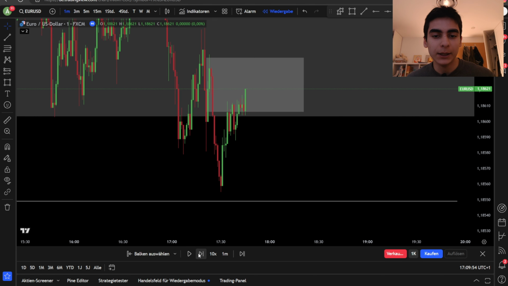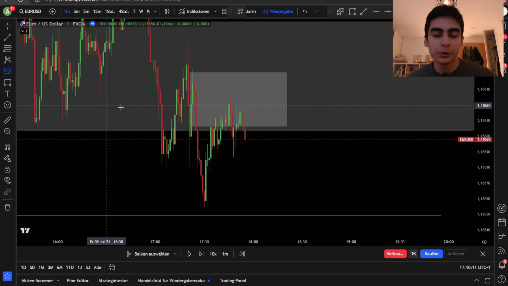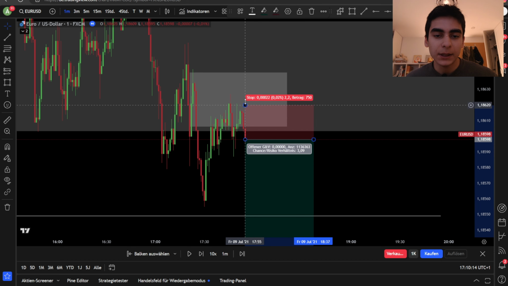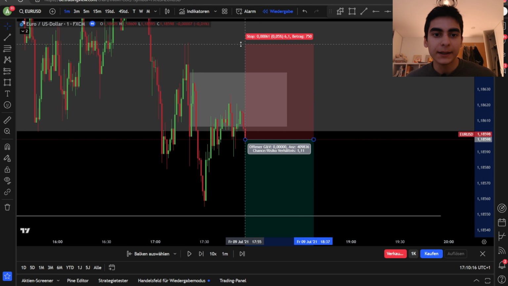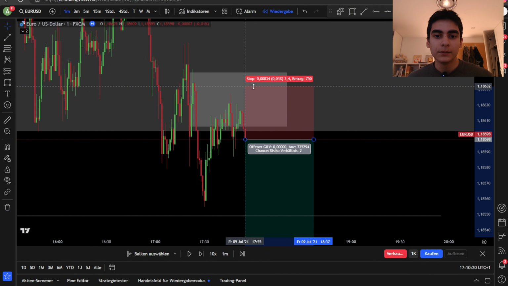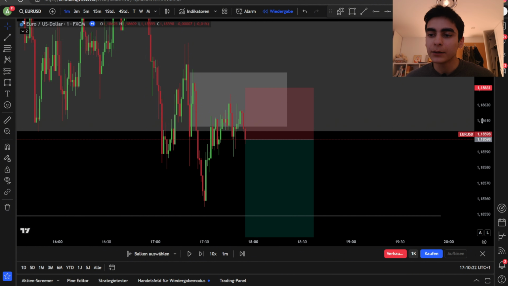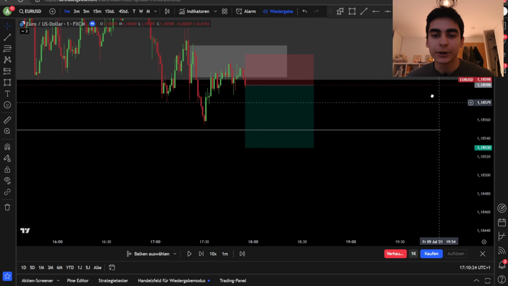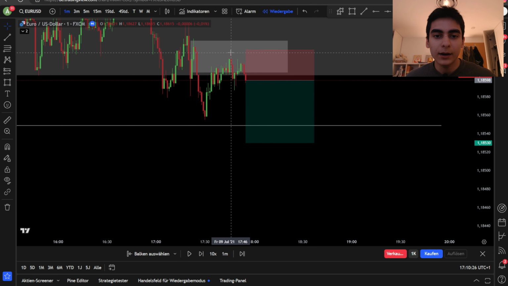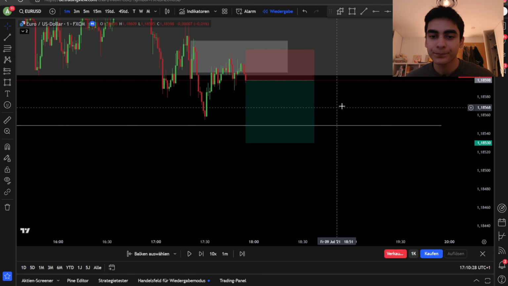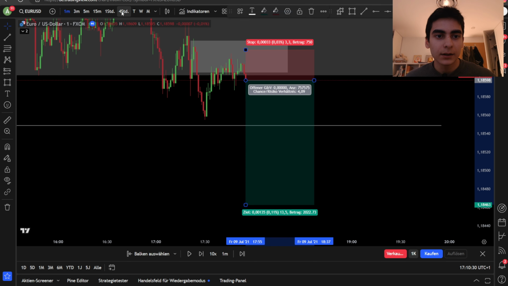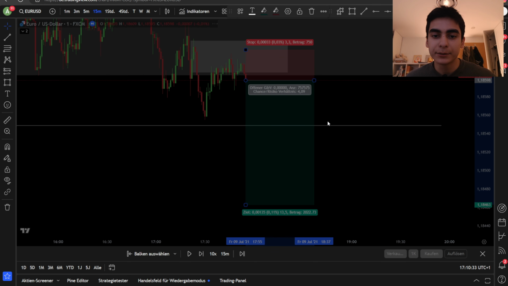Basically, we want to wait for a reaction. This is a good reaction. We can just place our stop loss. We can play it safer, place it up here, or if you want a riskier trade but with better risk reward, you can also place your stop loss a bit above this high and zoom out to the 15-minute time frame